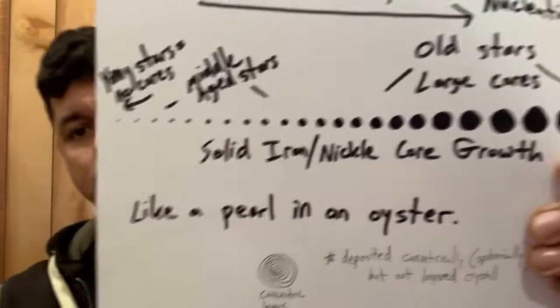We're not talking about a little pebble. We're not talking about Carl Sagan's pale blue dot here. This is an incredibly vast structure. It's a tiny bit smaller than the moon in complete volume. But it's solid iron nickel alloy. It's insane. And the reason why I wanted to go over this is, now, depending on how fast that object forms inside the interior of a star, I have it sort of like